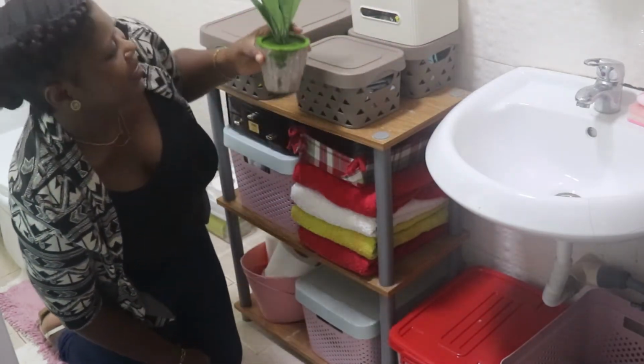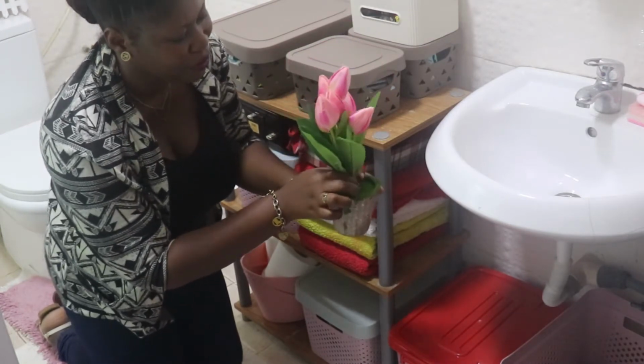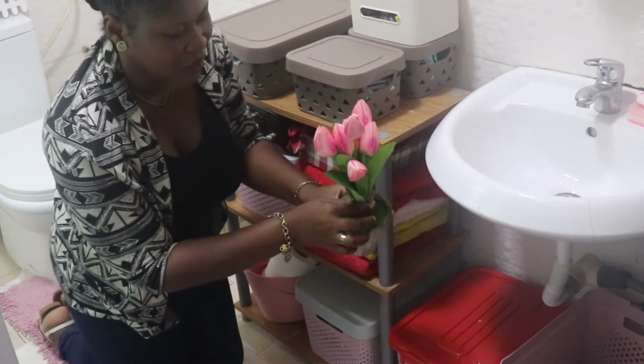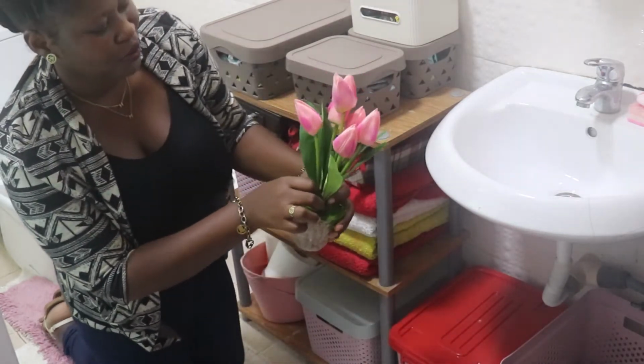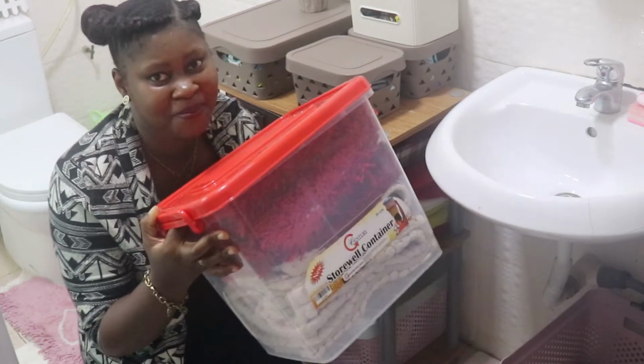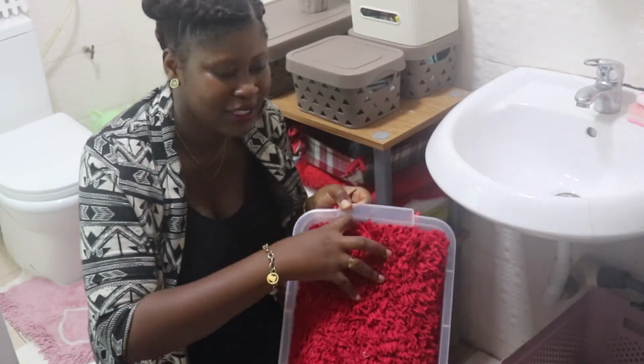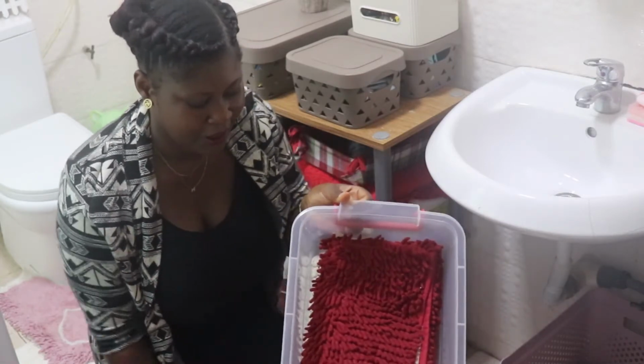This is just an artificial plant which I got from Melcom for about 24 cedis. I thought it would look really cute. So this container I got from Melcom. I keep extra floor mats in here,